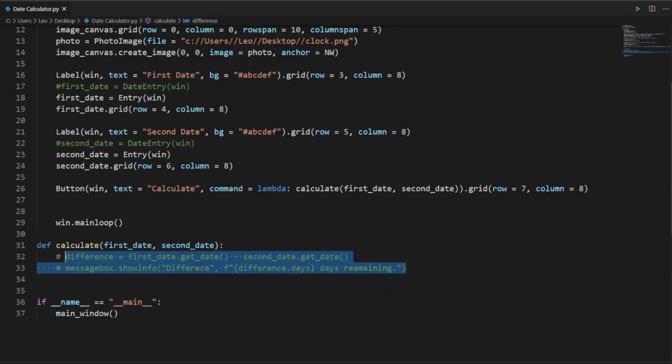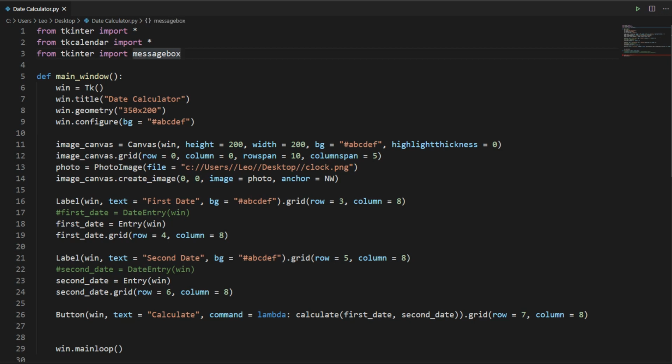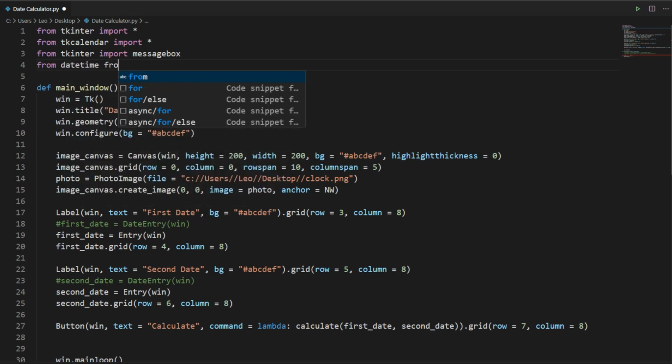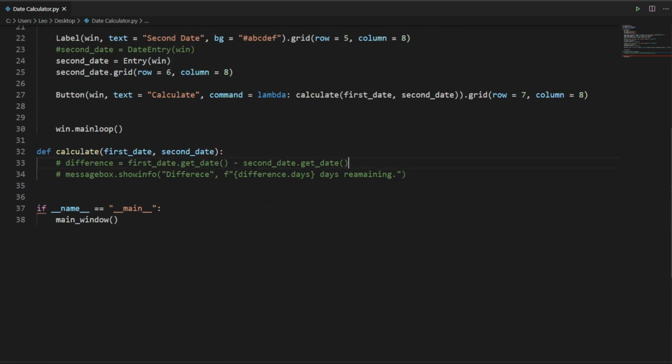Okay, we need a datetime object to solve our problem, so we can just import date from datetime. Okay, and now we can call this date object inside a calculate function to calculate the difference between the dates. Let's first get the string from our entry widget. It will be first date dot get. We use the get method to get anything written inside our entry widget, and we want to split it by